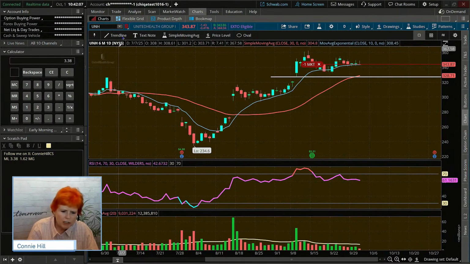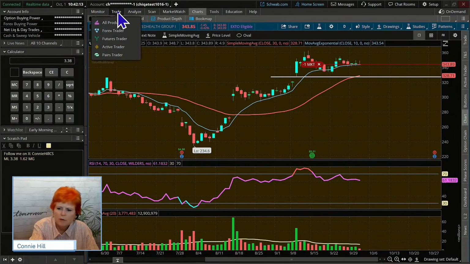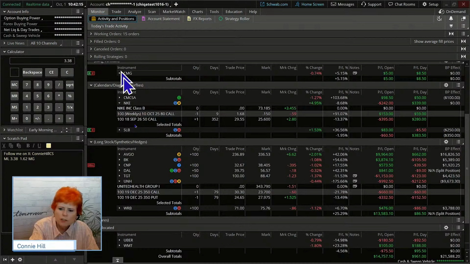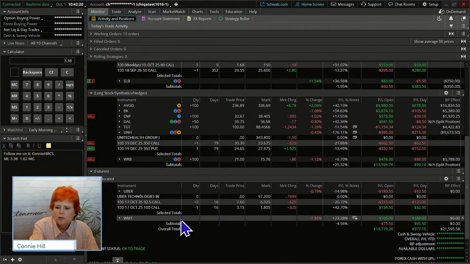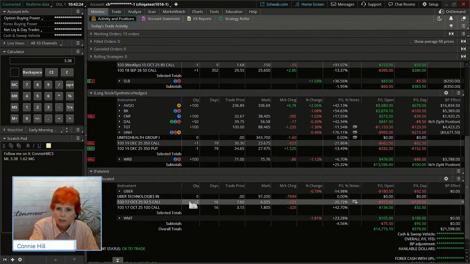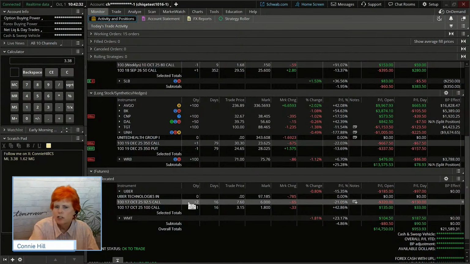Let's see here. What is the ratio spread? Paul says, because that was the trade that I had brought up here initially for us to see. If I go back to the monitor tab, a ratio spread is where we don't have an even number of contracts. So on this one, we have 2 call contracts that are long and 1 short call contract right here, but they're not the same quantity. This one is a 1, this one is a 2. Okay, it's kind of an advanced strategy.